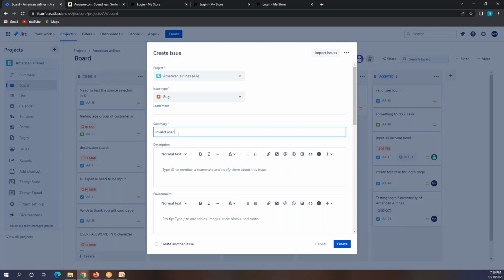Yes, first you have to put the summary: invalid user able to log in.